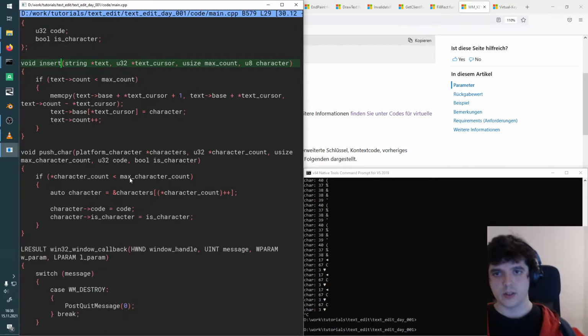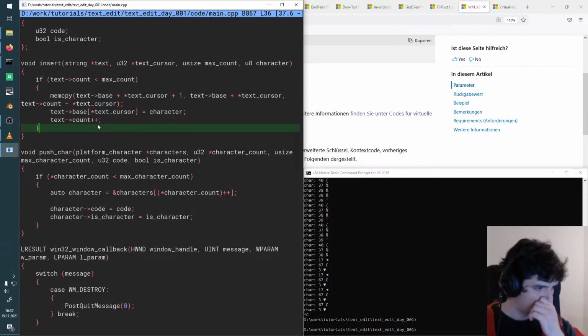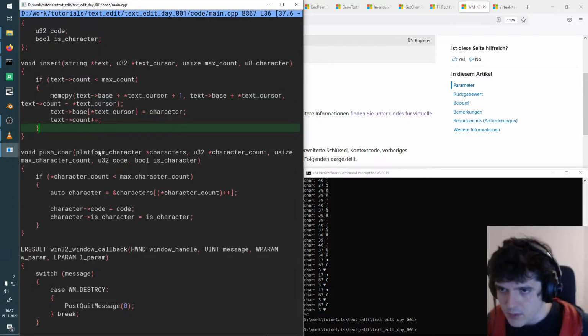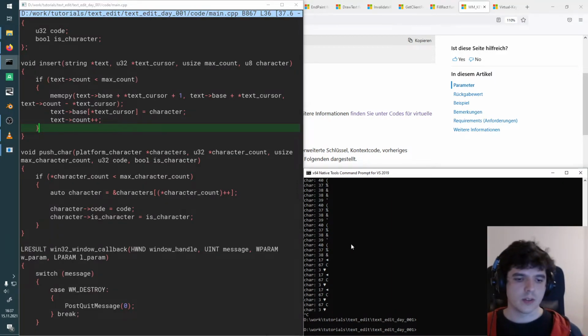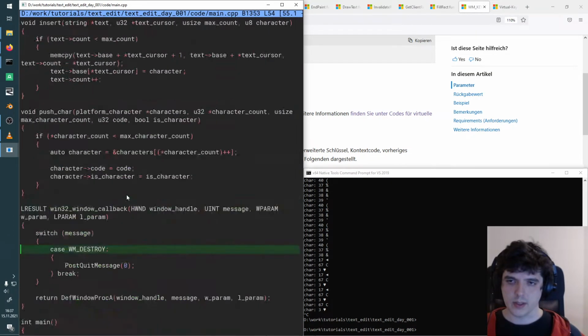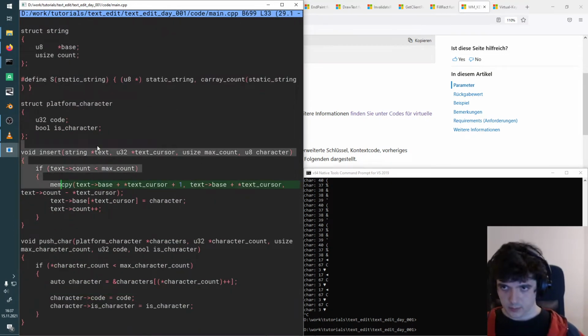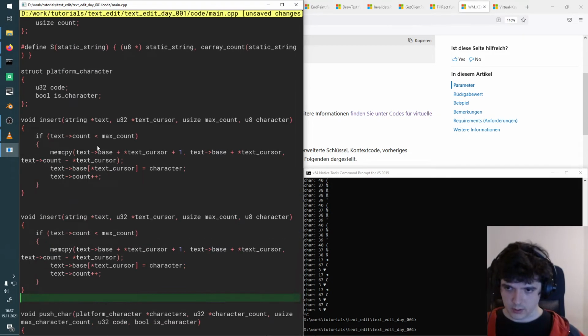And now our inserts should also consider our cursor. So that's the first thing that you have to do. And let's just see if this still works. Oh, also the deletion part is something that we should consider. So you might want to write a new function called delete or remove at the cursor, and we want to,